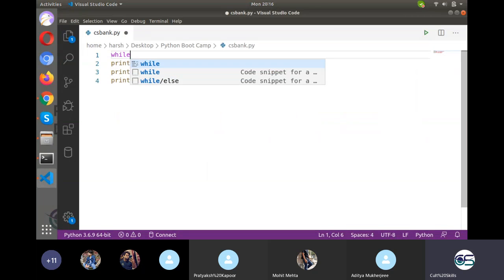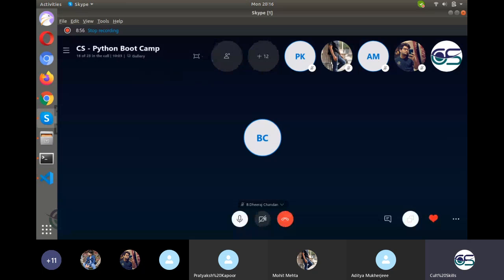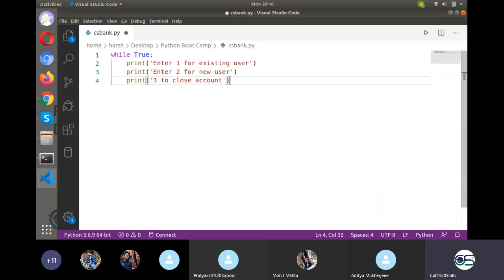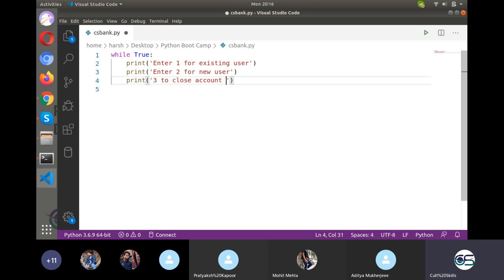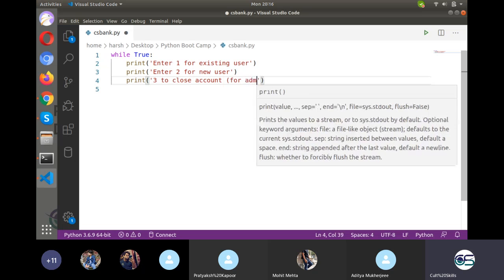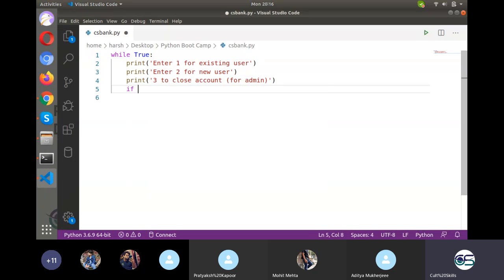Now what I want to do is put this whole thing into a loop. Just like an ATM never gets down. Whenever one transaction gets completed, it waits for the second one, and then again it will wait for the third one and so on. So an ATM never gets down. In the same way, our net banking should never get down. Unless a person manually closes it, it will keep on executing and executing. And this is for admin, not for the user. Okay, just for the sake of convenience. Now firstly we need to take a choice.